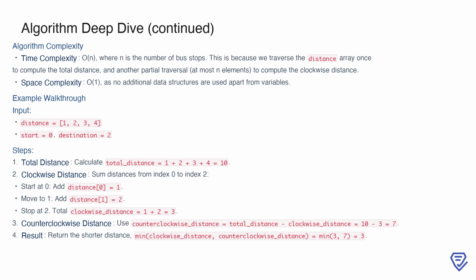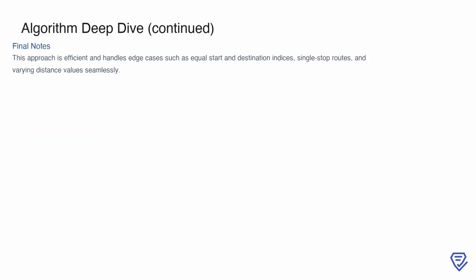For the counterclockwise distance, subtract the clockwise distance from the total distance. 10 minus 3 equals 7. Finally, return the smaller of the two distances, which is min(3, 7) equals 3. This approach is both efficient and robust, handling edge cases such as when the start and destination indices are the same, routes with only one stop, and varying distance values without any issues. By leveraging modular arithmetic and pre-computing the total distance, we achieve a clean and optimized solution. This makes the algorithm suitable for a wide range of inputs and ensures that we always find the shortest path